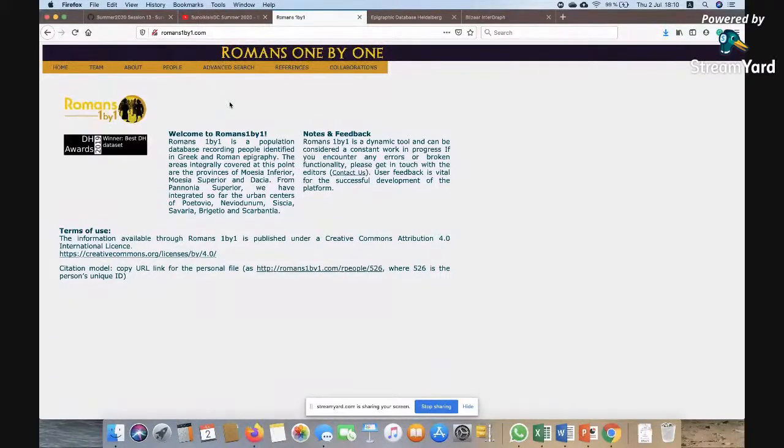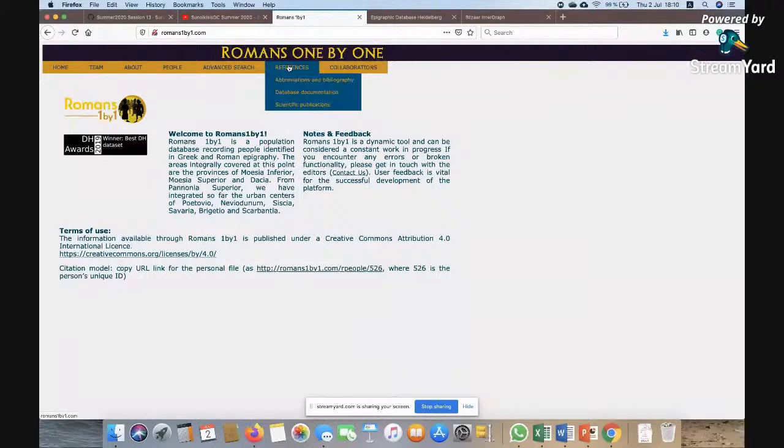Technically, the database is nothing fancy. It's a relational MySQL database. The website contains not only the database, but also information on the team, the projects which financed the work, conferences we've organized, educational initiatives. Here you have some references, studies where we've published all the details of the architecture of the database, a manual of the database,